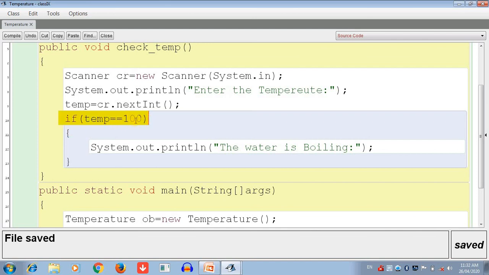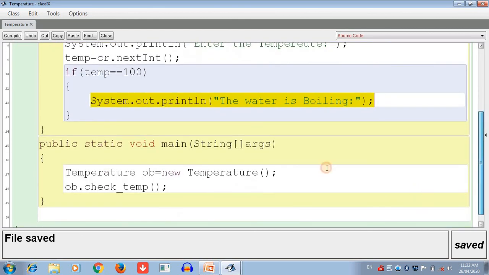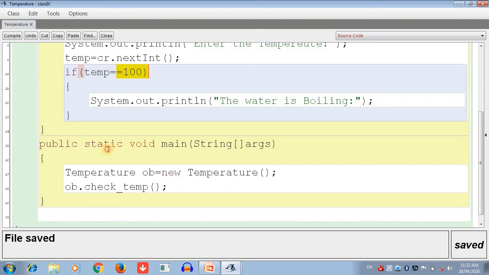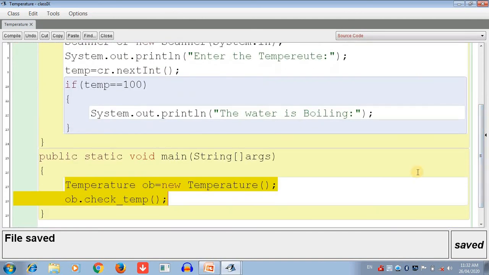If the temperature equals 100, automatically the message will be displayed on your screen: the water is boiling. Otherwise no message will be displayed if the number is 90 or any other number. Okay, only one time the condition will be true, when the temperature is equal to 100. Then define a main function and call the above member function in the main method. Okay, so that is the program.